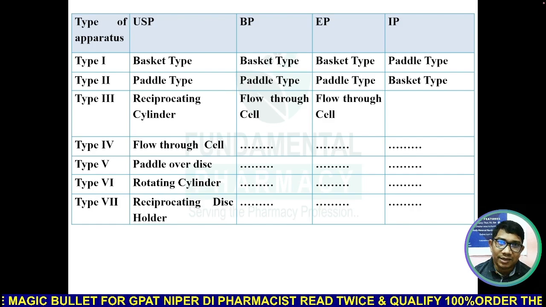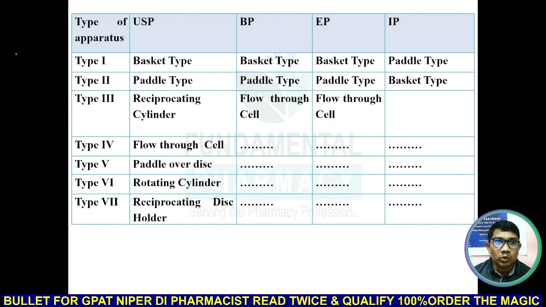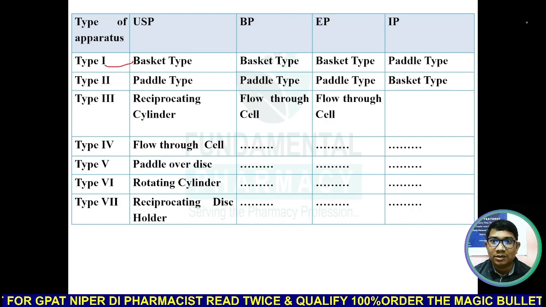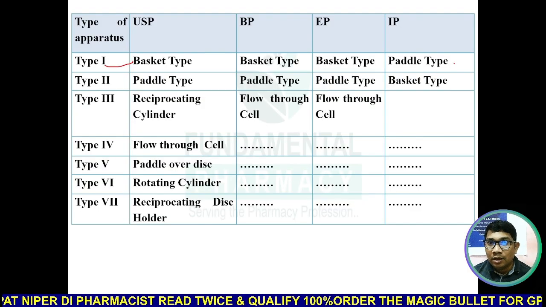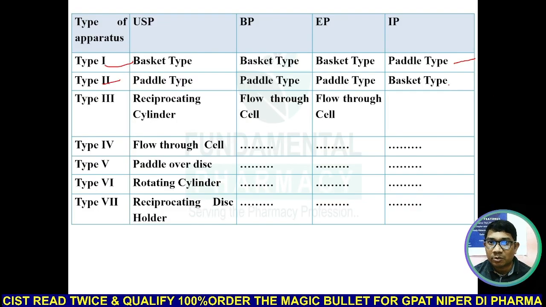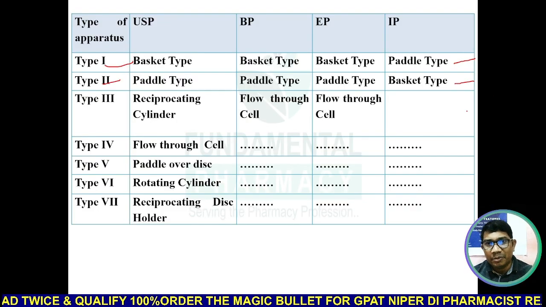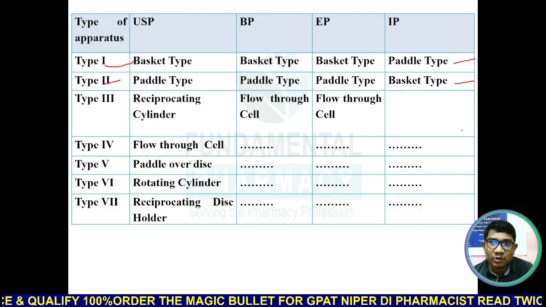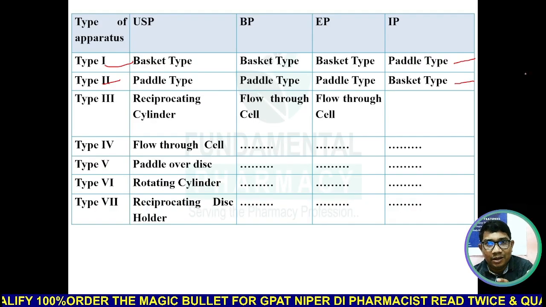So this question has been asked multiple times. Type 1 apparatus as per the Indian pharmacopoeia is a paddle type of apparatus. Type 2 apparatus as per the Indian pharmacopoeia is a basket. So remember this: as per the IP, type 1 is a paddle and type 2 is a basket,